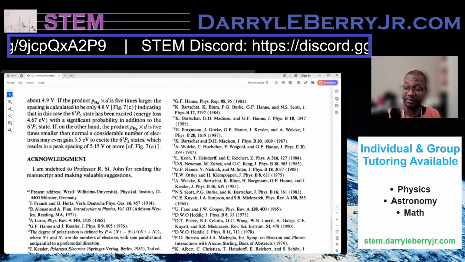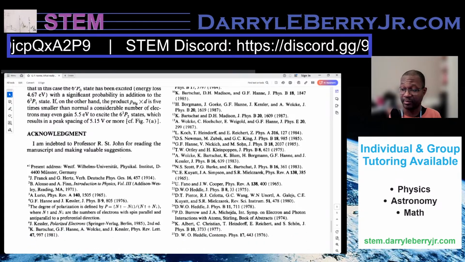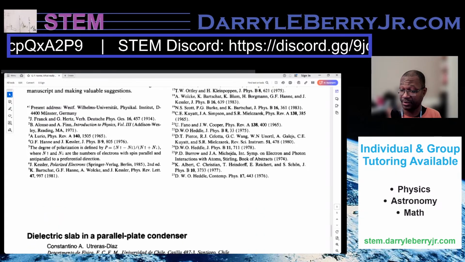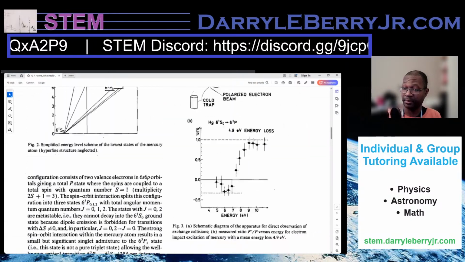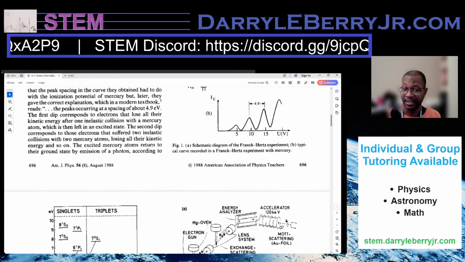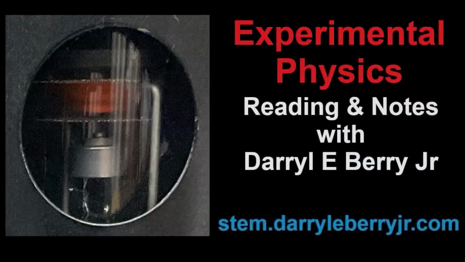All right, so indebted to Professor R. St. John for reading the manuscript and making valuable suggestions. So that's a short paper, but look at all of these references. So nice paper. I understand the experiment a bit better,